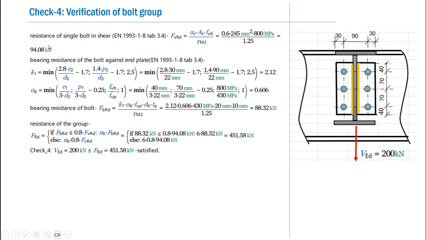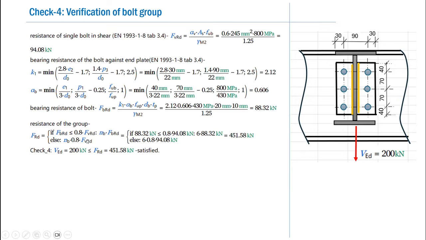So we have a shear resistance and a bearing resistance. How do you obtain the final resistance? Here we make a comparison between the bearing resistance and 0.8 times the shear resistance, and whichever is governing will be the final resistance of a single bolt. In our case, the first condition is satisfied. We find that FbRd is less than or equal to 0.8 FvRd. Thus, look here, from the single bolt,